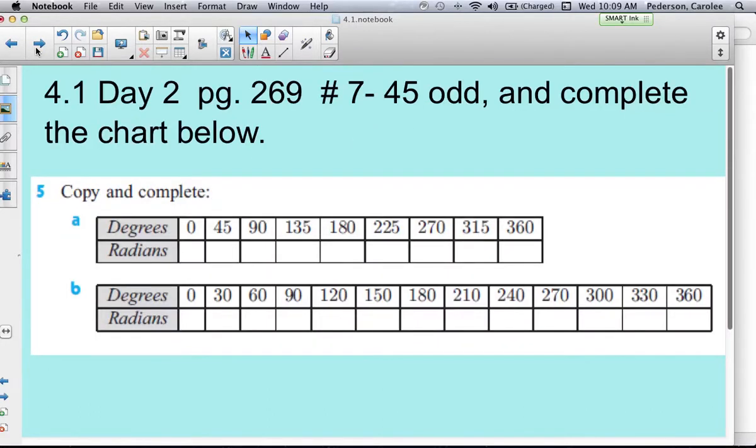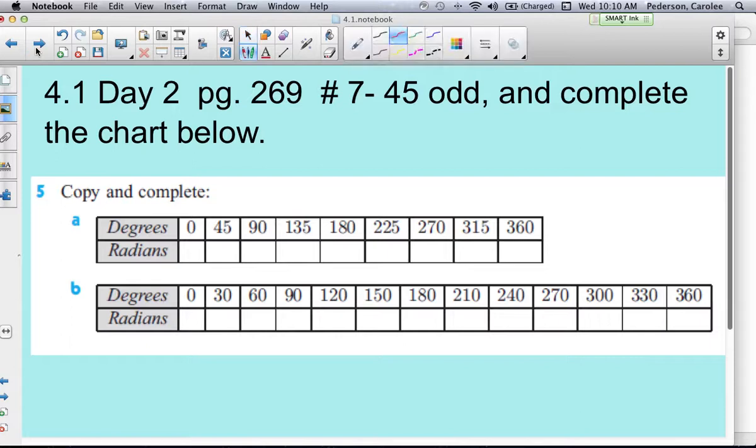An extra piece to your assignment that's not in your textbook. This is pulled from an IB textbook. We want you to go out and find the angle measures from this chart from degrees to radians. So you can do it two ways. Either you start to know them offhand, like what we've been doing, or use the formula. Convert it from degrees to radians. So I'll do a few of them with you, and then you're going to complete the rest of the chart